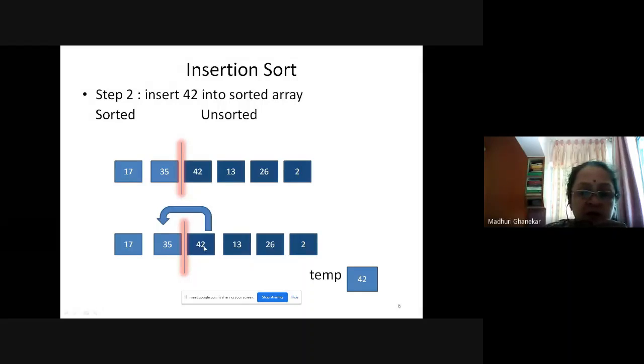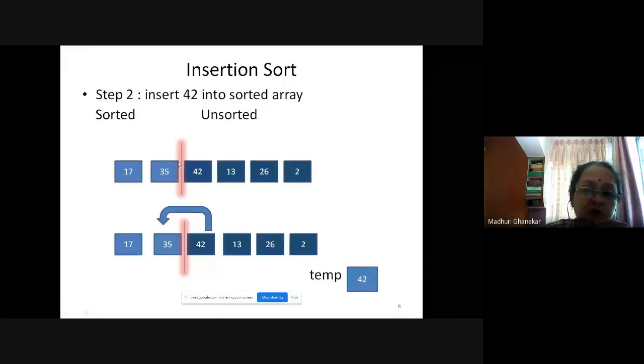Now if you want to add this 42 into the sorted side, go on comparing this value with the last element. If it is bigger, you will be adding after it, so you will be writing over here. If it is smaller, like in the case of 17, when we added the very first element, it was 17.